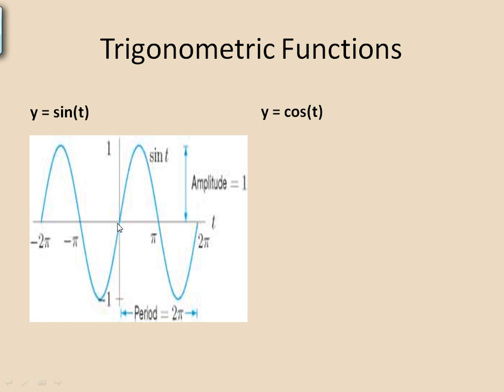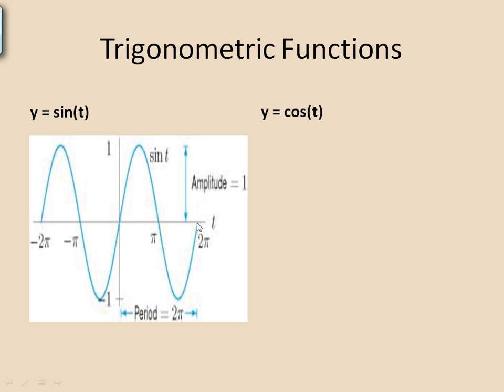So the sine graph is going to have an amplitude of 1 because the maximum value is 1 and the minimum value is -1. 1 minus -1 is 2, divided in half gives us an amplitude of 1. The period, again, is going to be 2 pi. As you can see in this graph, that's where it ends, right at 2 pi, because that's where the pattern